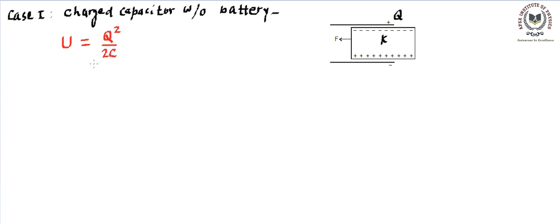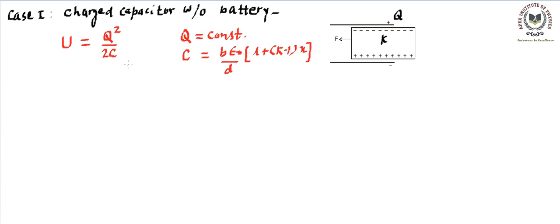We can write so? Yes, we can easily write this. Now since there is no battery connected, we can say Q remains constant. Here you will find Q is a constant. So Q is not going to change. However, C changes, and we have just found out what the C expression is going to be. It is B epsilon naught divided by D, within the bracket L plus K minus 1 into X. That means this C depends on X, whereas the charge is a constant.